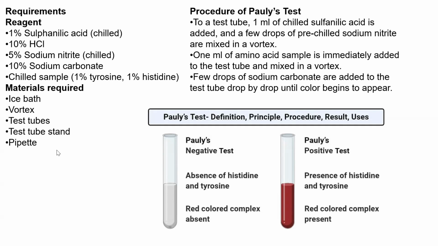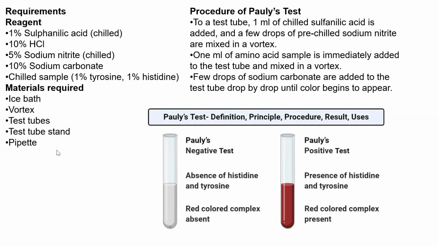So the procedure: first, a test tube, then you add 1 ml of chilled sulfanilic acid, and then you add a few drops of chilled sodium nitrite and mix in a vortex. So you vortex it, then you add 1 ml of the amino acid sample. It will be immediately added to the test tube, and then you mix it. Then you add a few drops of sodium carbonate, and you add it to the test tube drop by drop until